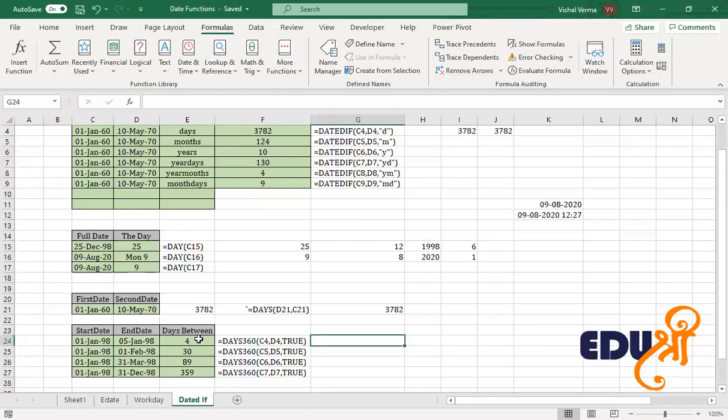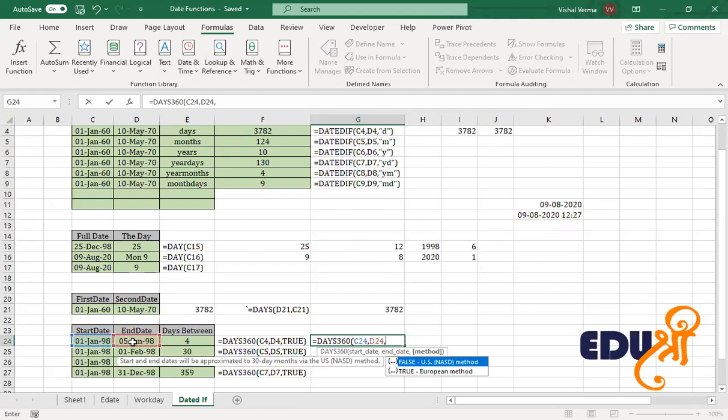So DAYS360 gives you the difference between the start date and the end date. We have the start date, then the end date, and then it asks whether you want the US system or the European system.